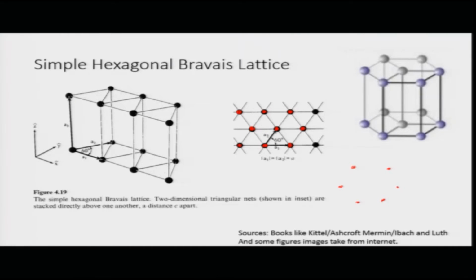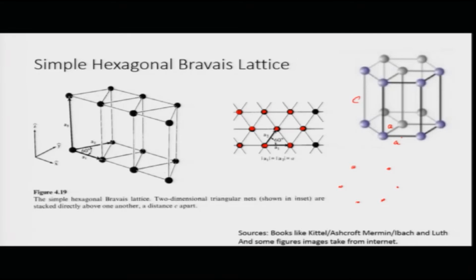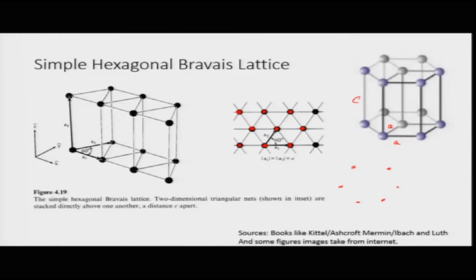Okay. So, you have this 2-dimensional hexagonal Bravais lattice, and now on top of these atoms or these lattice points, you can place another layer at a distance c away. Okay, these could be A and A, you can place another at a distance c away and you will get the hexagonal Bravais lattice. Now, if you see, these points are sitting directly above the lattice points on the hexagonal lattice below.